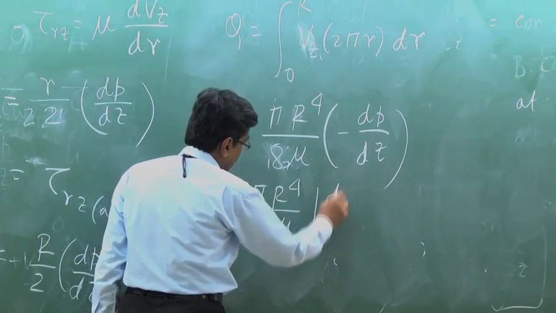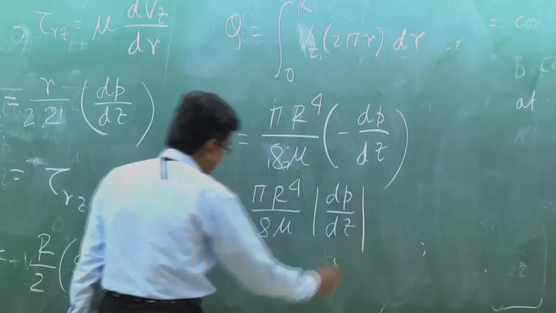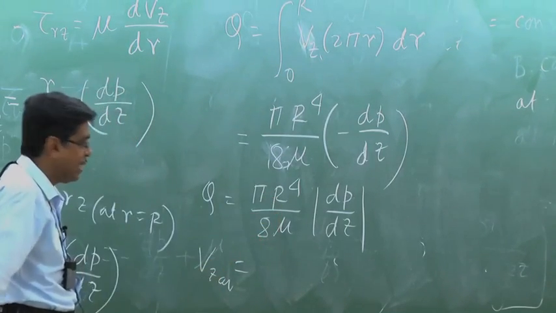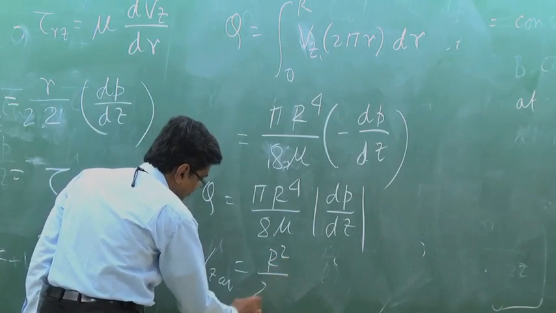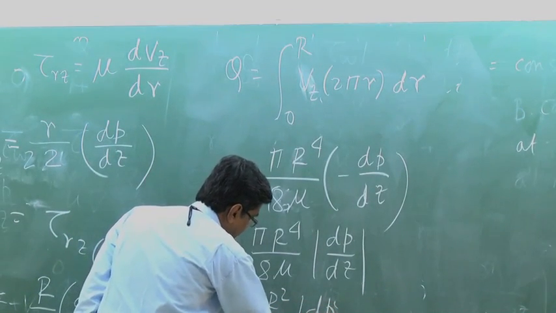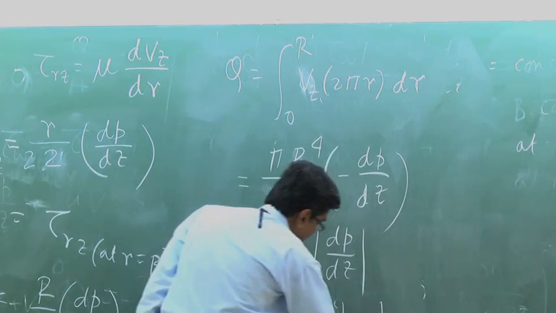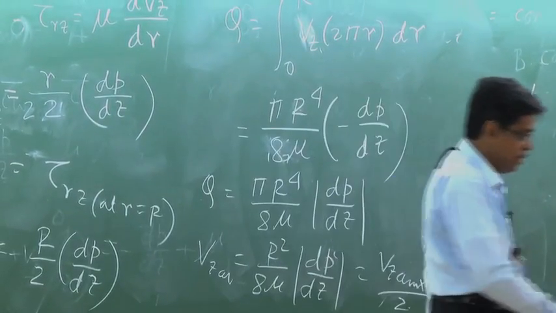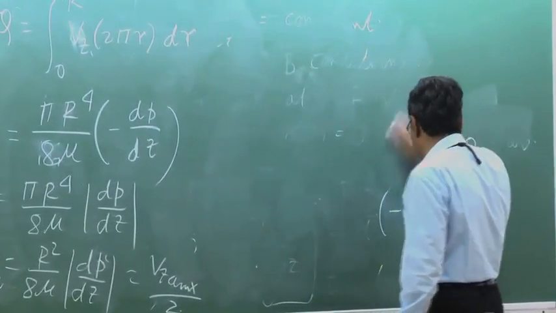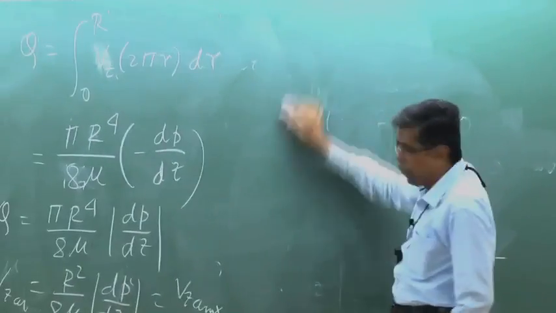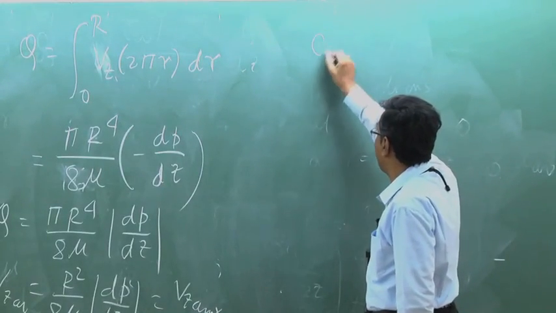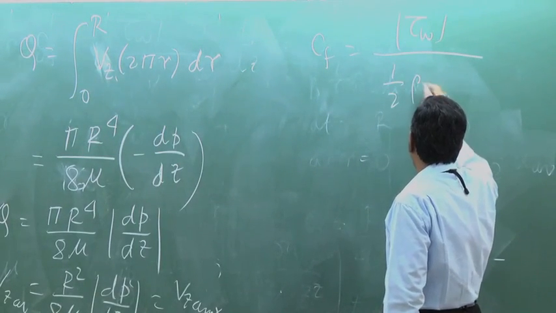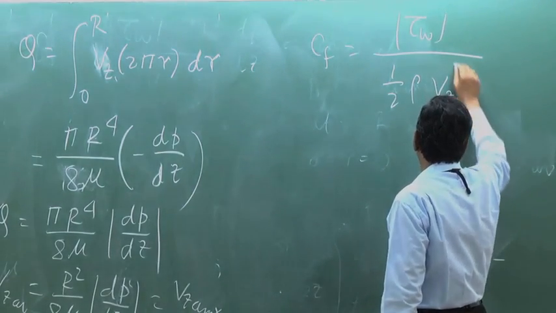I think this is more reasonable to understand because volume flow rate has no sign, and Vz average therefore is equal to Q divided by the cross sectional area, that means r square by 8 mu into dp dz, which is Vz max by 2. Now I come to the coefficient of friction, the same way as I did earlier for plane Poiseuille flow. If you define the coefficient of friction Cf as tau w by half rho Vz average square,